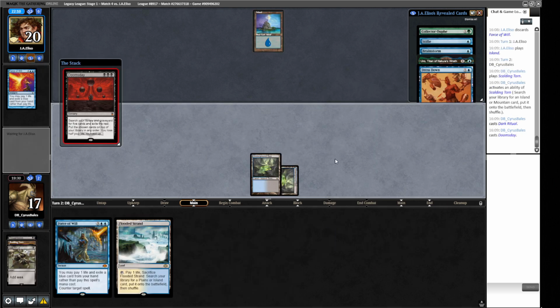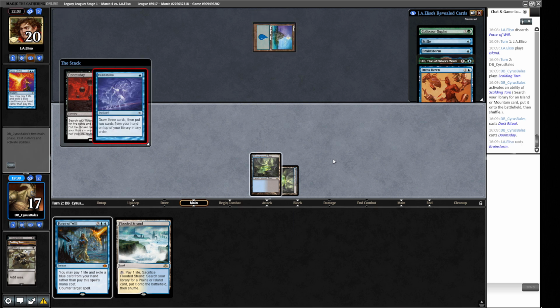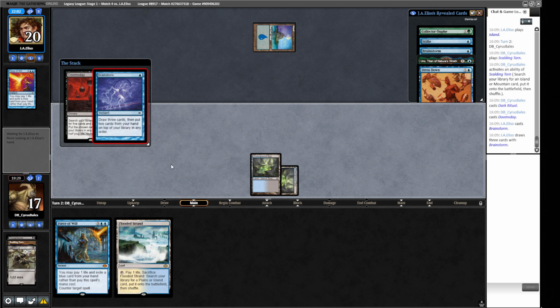Can we get a Doomsday off? I wouldn't be surprised if they Brainstormed in response. But if they miss on land here, that's very good for us. Obviously, they may have to miss on land and miss on counter spells. But yes, this doesn't look like...